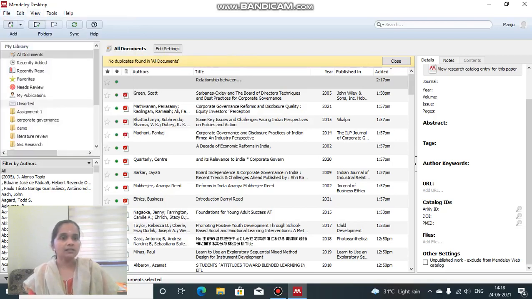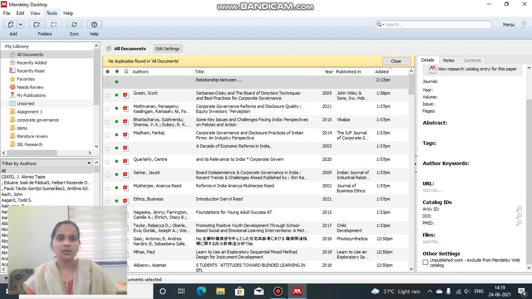The next thing I want to show you is that sometimes we will be using Mendeley from the desktop in our house, and later we will be going to our workplace or to our schools or colleges, and there we will not be able to log into Mendeley unless we make a particular connection. You need to do this only once, whenever you install Mendeley and want to have the data through the web.